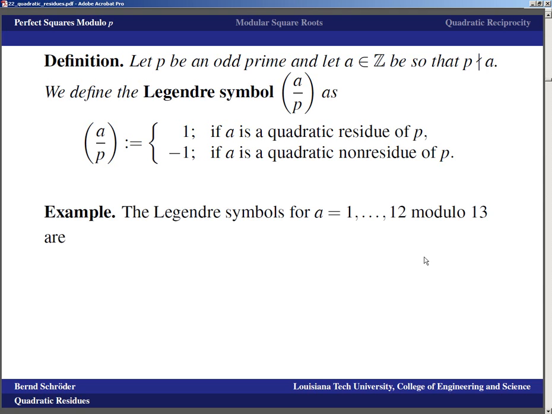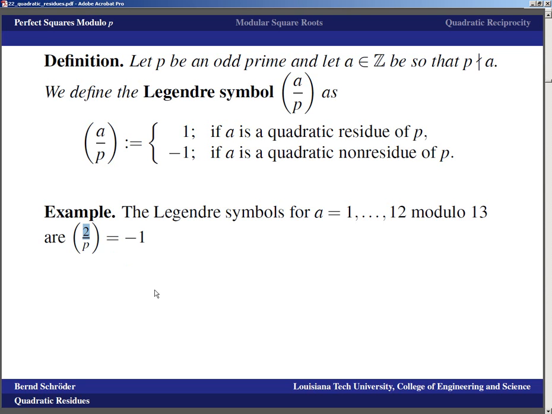All right. So for example, if we're looking at the Legendre symbols for a equals 1 through 12, modulo 13, what are they? The Legendre symbol for 1 I didn't write down, because it is quite obvious: 1 is a quadratic residue. There's not much else to be said. So the first one that we actually have to deal with is 2, and what I'm going to do here is use the fact that 2 is